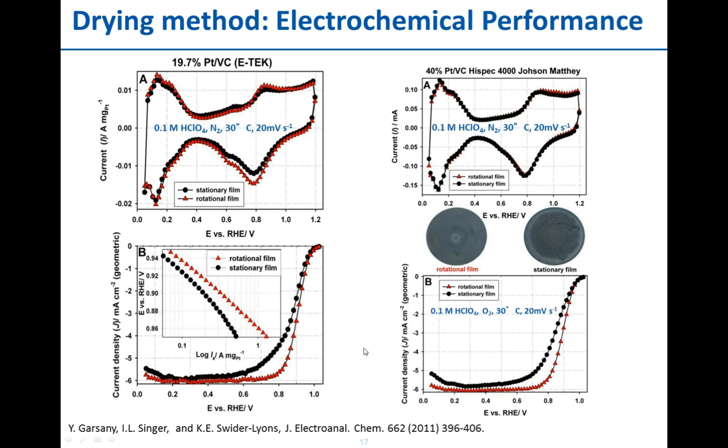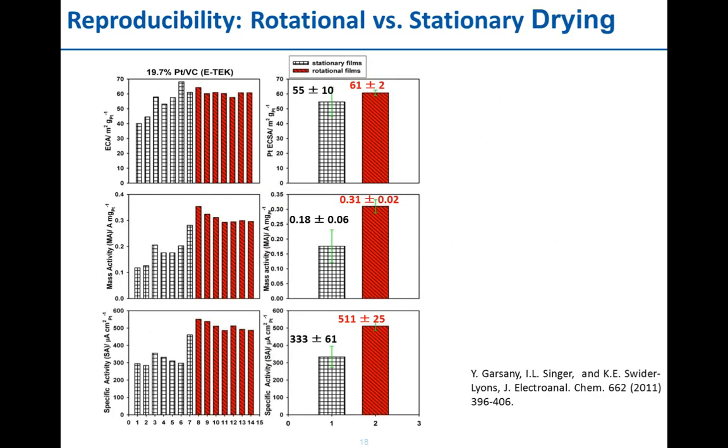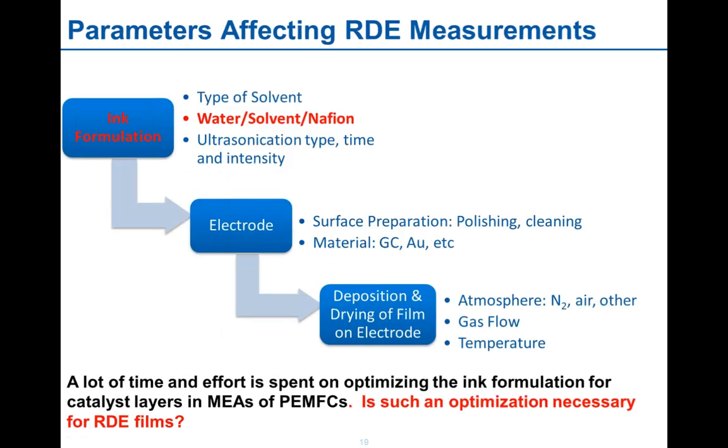And if you look at the reproducibility of the method, that's going to be shown on the next slide, where we did the test for 7 stationary films versus 7 rotational films in succession. You can clearly see that in terms of platinum surface area, mass activity, and specific activity, the number that you get with a much more uniform film is always going to be better than what you get if you have a stationary film. So it's very important to pay attention to how the film looks,